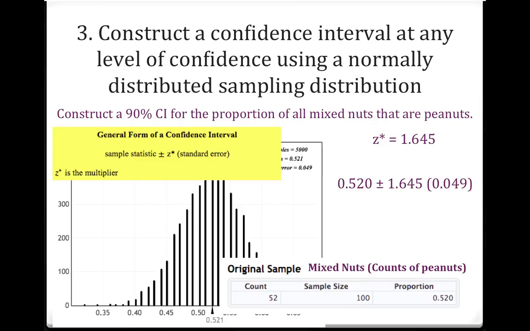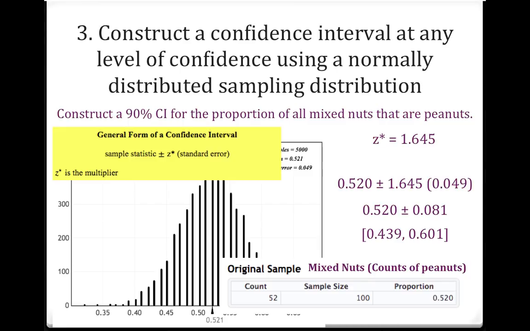Our 90% confidence interval is going to be equal to 0.520 plus or minus 1.645 times 0.049. This gives us a margin of error of 0.081 and a 90% confidence interval for the population proportion of